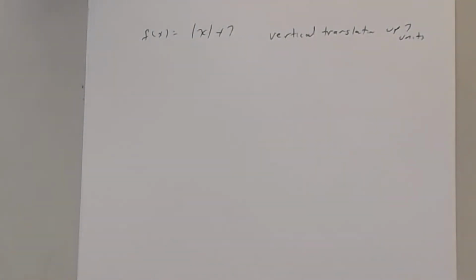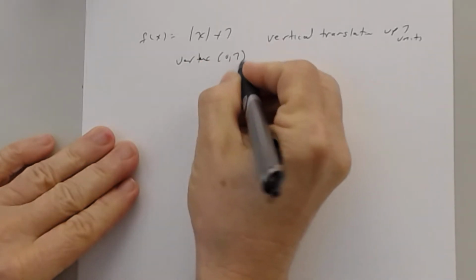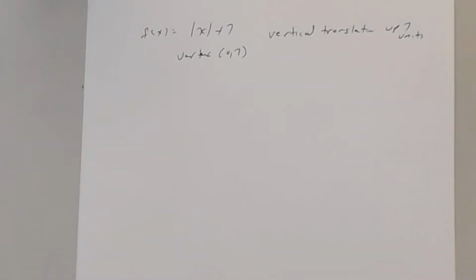So now in your mind you're saying, well, I'm going to translate it up 7 units. So if you had the origin, your vertex is now moving up the y-axis. How many units? 7. So what's that vertex then? 0, 7. If you look at your grid, at that parent function on the grid paper again,